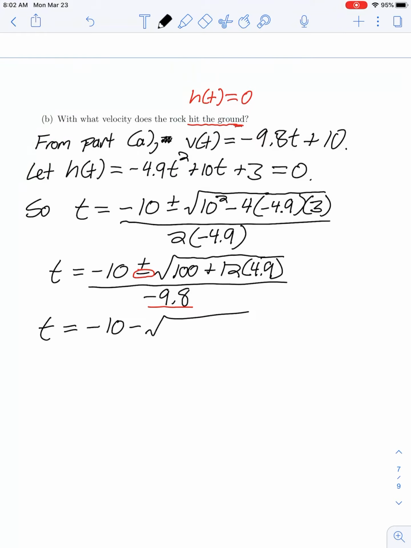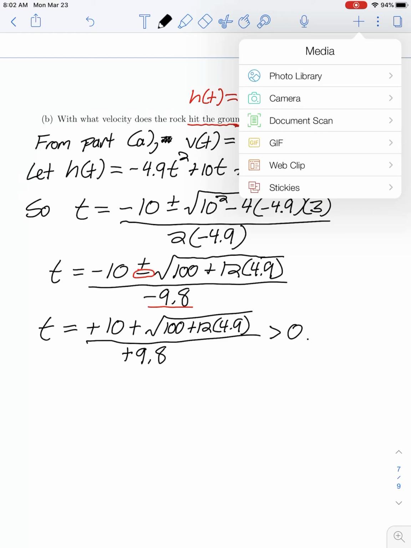So t would be negative 10 minus the square root of 100 plus 12 times 4.9, all over negative 9.8, which if we cancel all our negatives, or multiply top and bottom through by negative 1, we have positive 10 plus the square root divided by positive 9.8. So this is now a positive value of time at which our rock hits the ground. Now the question asked, what is the velocity of the rock when it hits the ground? So we're going to take this value that we just found for time